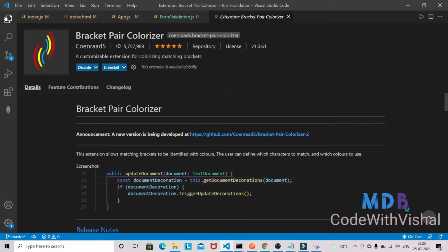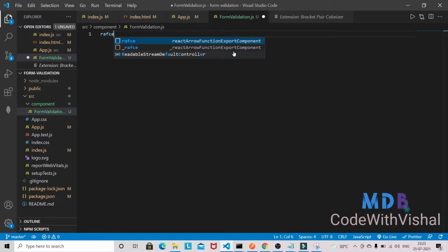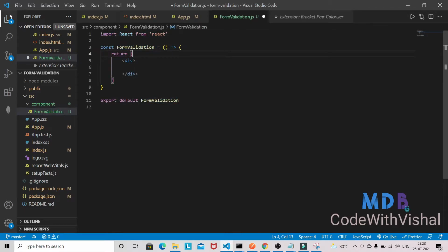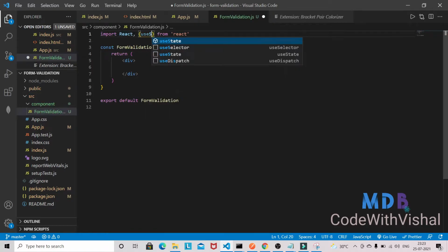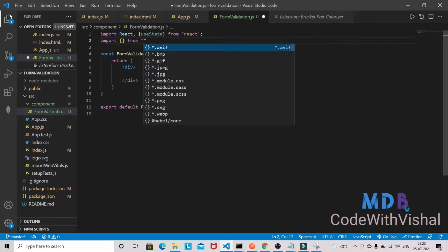So let's start working on this component, form validation. I'm just going to generate the snippet here. We got the snippet using the command rafce, and from React I also need the hook useState. And from MDB, that is Material Design for Bootstrap, we need some components.